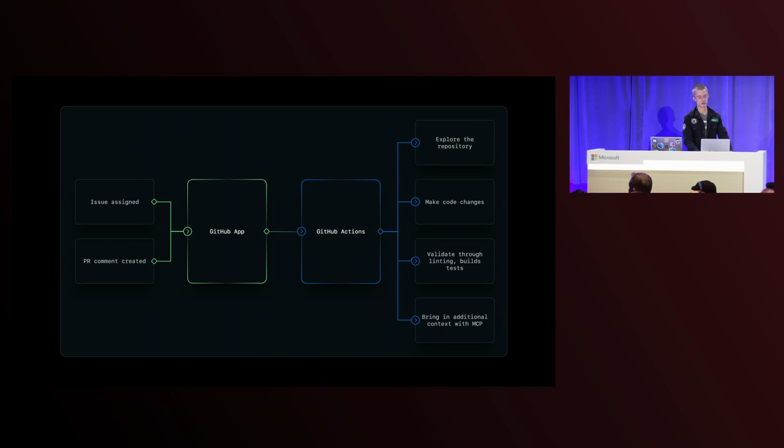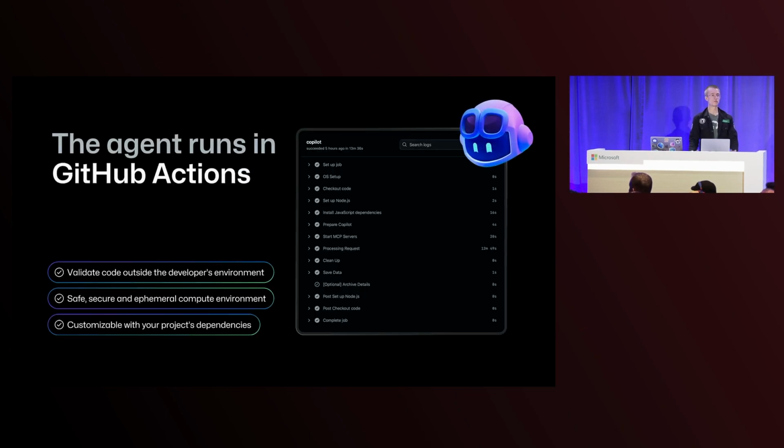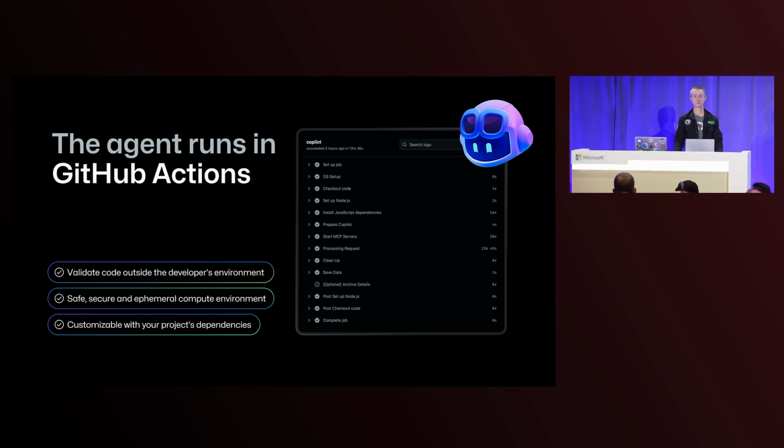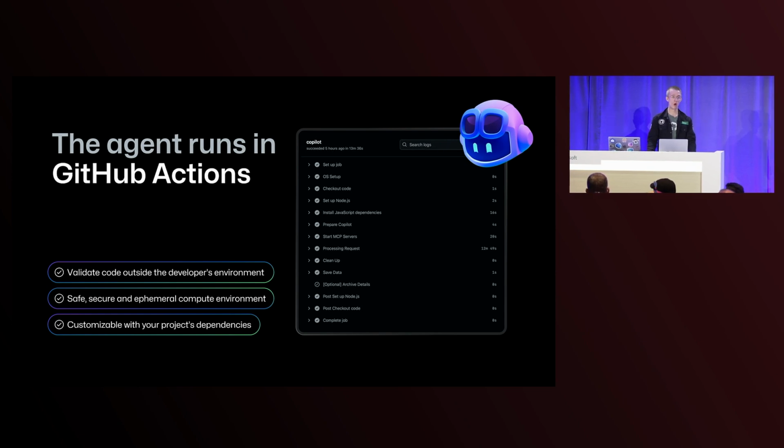So how does this all work under the hood? If you asked a developer to work in your project, but didn't give them a computer and didn't give them their dev environment, that probably wouldn't end very well. They would write code that doesn't work, the tests don't pass, the linting steps all fail. And the same thing applies to an AI agent. If your AI agent doesn't have a development environment, it's not going to do a great job of solving problems.